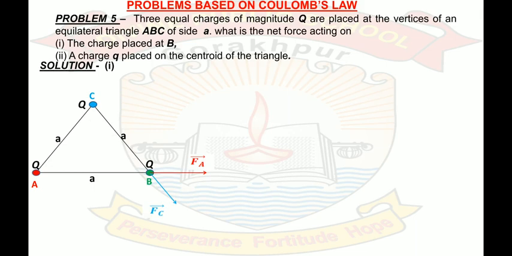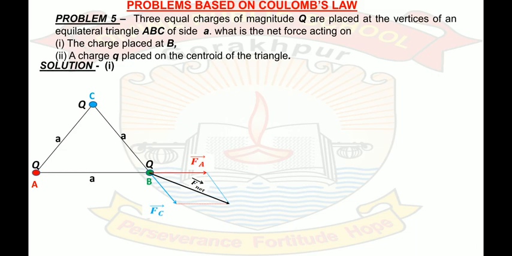Now we have two forces, and we have to calculate the resultant of these two forces. As we all know, the interior angle of an equilateral triangle is 60 degrees. Therefore, the angle between Fa and Fc will also be 60 degrees, that is pi by 3. Now, let us draw a parallelogram and use the parallelogram method. This will be your parallelogram and this will be your resultant, F net.